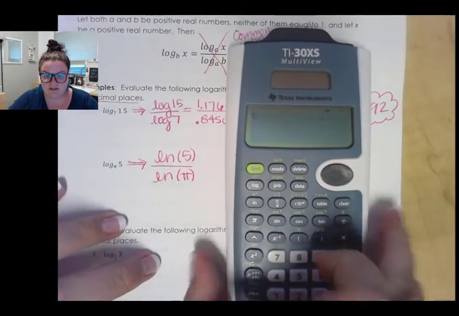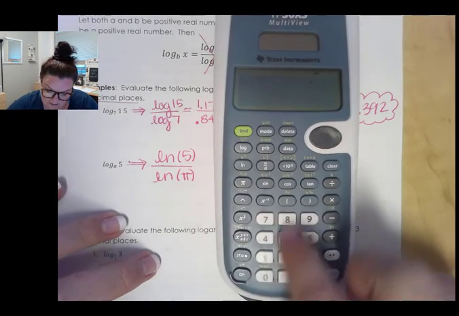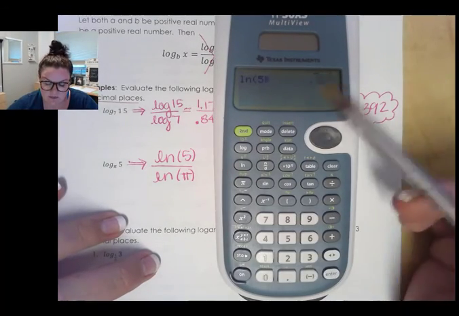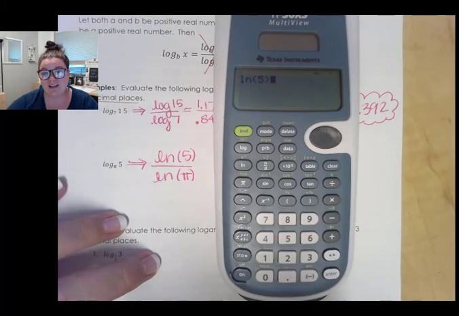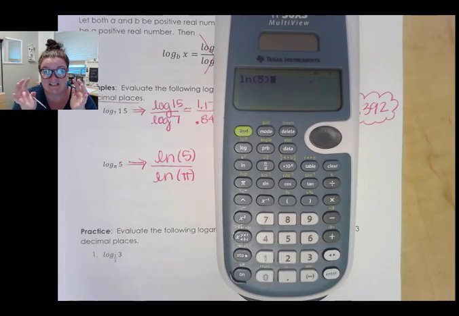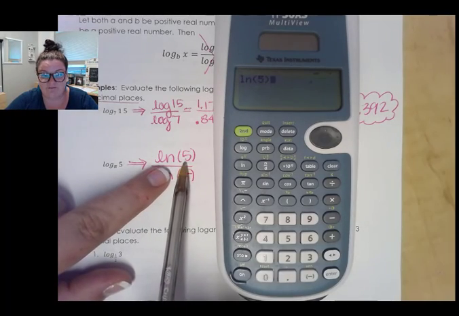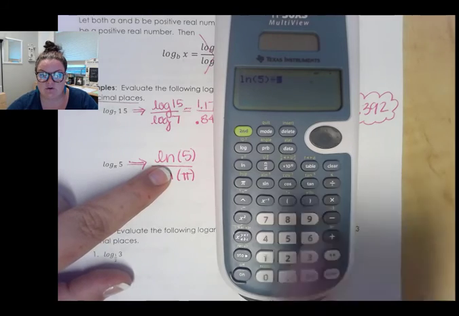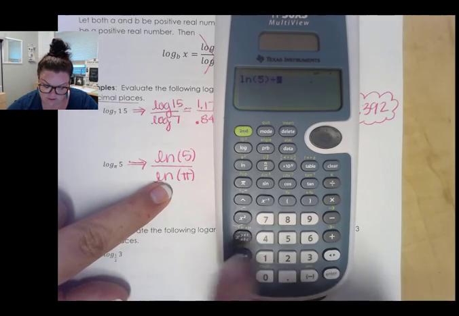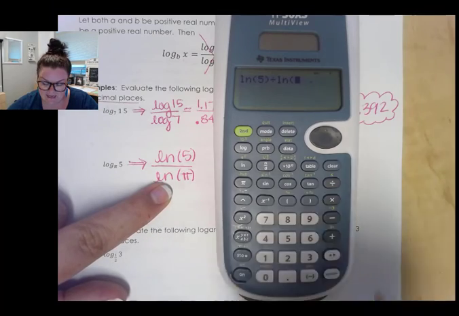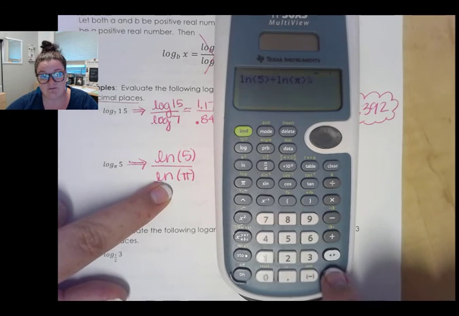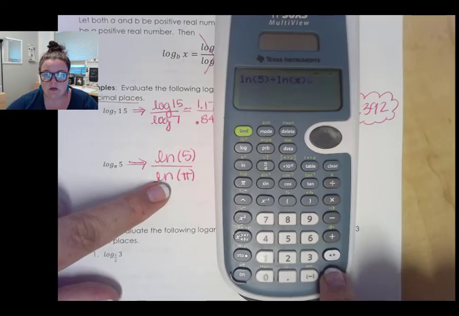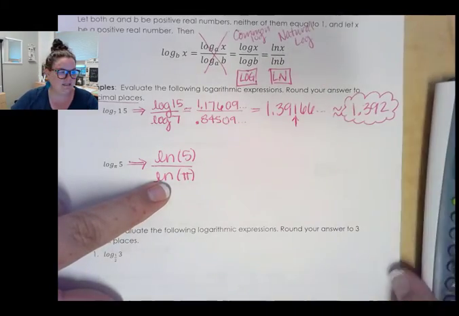So if I look at my calculator here, I'm going to go ahead and type in ln 5, and then notice it opened parentheses for you. Make sure you close those parentheses, otherwise it's going to think whatever you type next is still inside the log, and we only want 5 inside the log, right? And we can go ahead and divide by whatever's on bottom, which here is ln of pi, and notice you should have a pi button on your calculator, which will have a ton of decimal places for pi versus 3.14, right? Okay, so when we hit equals, we can see that we should get